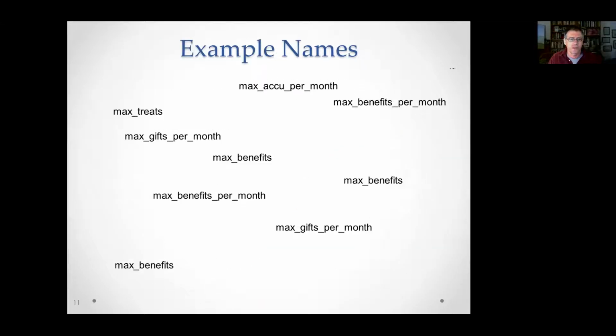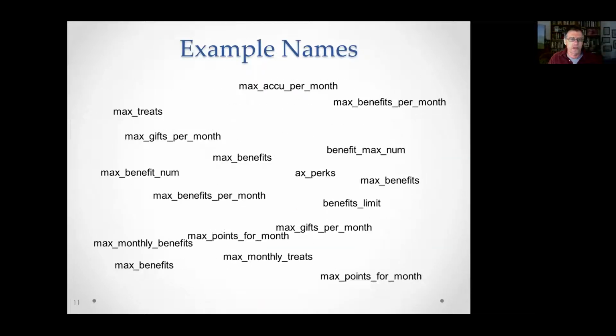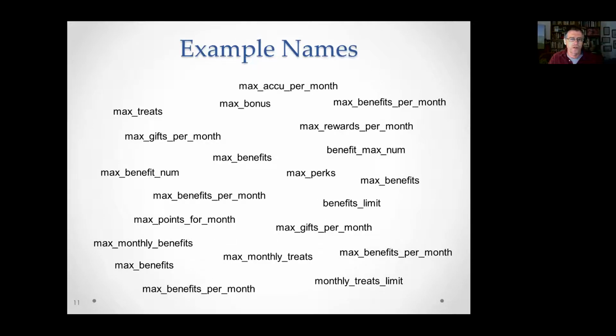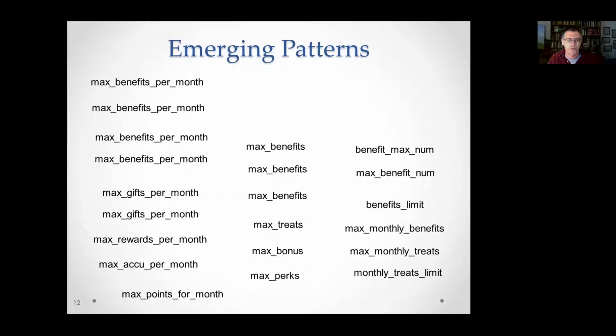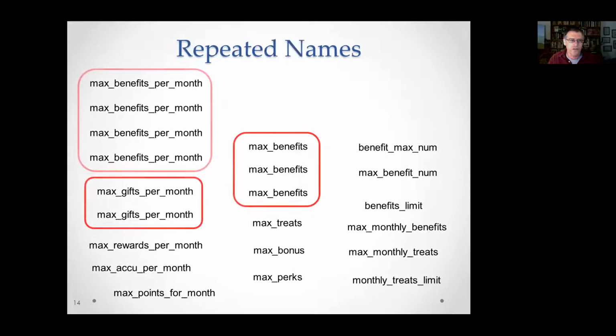So obviously we got many names for each question. These are example names we got for the constant 4 in the scenario I showed you before. And initially it looks like these are very different names. It's hard to see any consistencies. But if you rearrange them, you can see various emerging patterns. So let me walk you through these patterns. One of the patterns is that certain names are repeated multiple times.